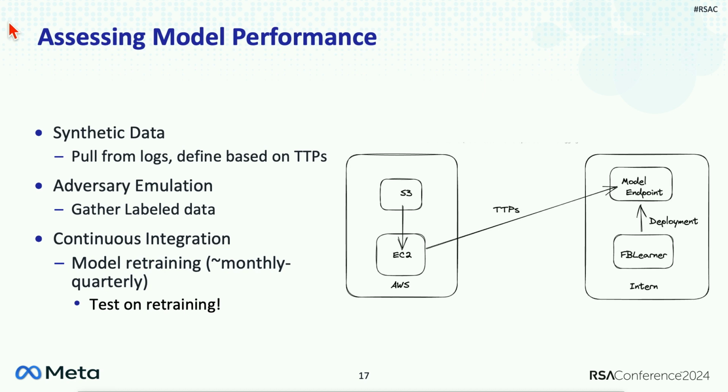The next phase that I like to go through is adversary emulation. This is specifically where we try to engage our red team or our purple team to work with us and directly attack our applications or infrastructure, so that way we can gather labeled data. And the way that we like to do that, you'll see the architecture here on the right-hand side. The way the purple team works at Meta is a little bit special, where they create not only the attacks for us, but they also give us automation to continuously rerun them.